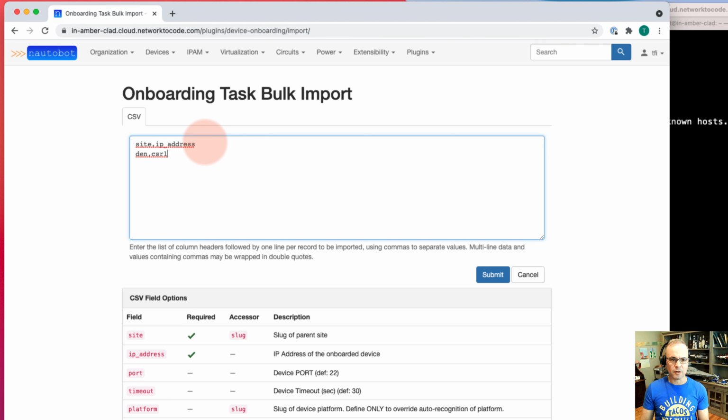So I'll use Denver for CSR1 and also do Den CSR2. And you can add many, many more devices down here as well. I'm just going to use 2. Go ahead and do that, and then click on Submit. But before we do that, take note that the column headers were site and IP address, and all we've added so far has been site and IP address or resolvable DNS name. So we're adding 2 devices with this information. Go ahead and click Submit,